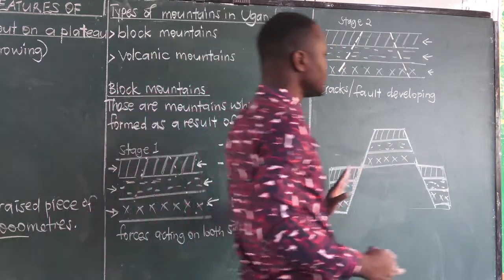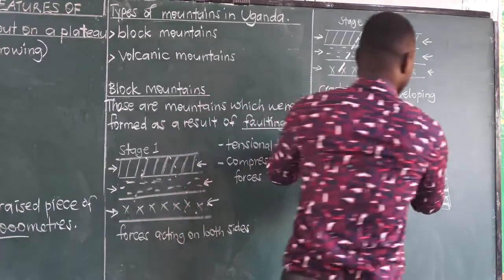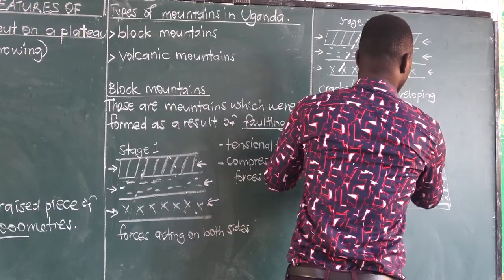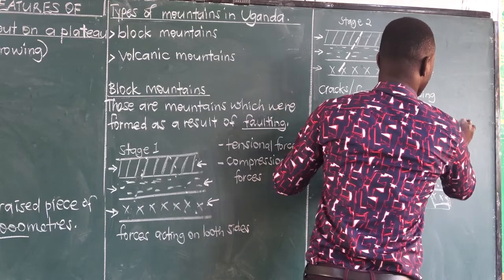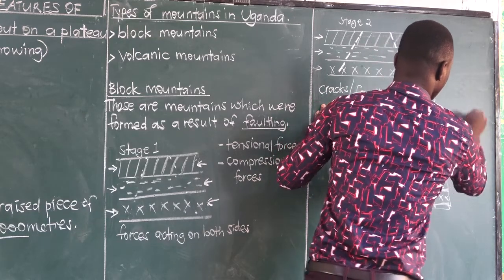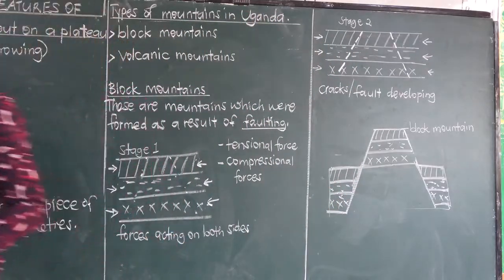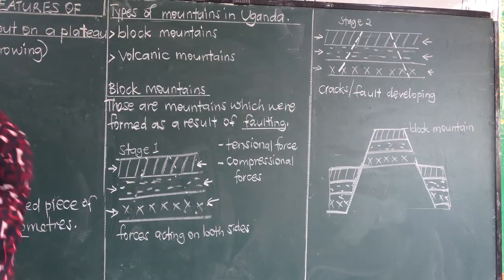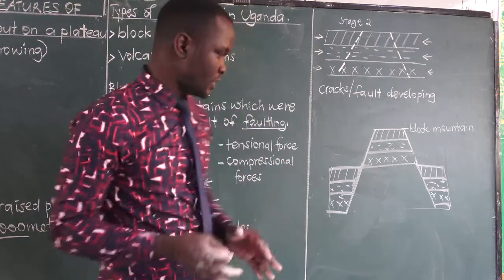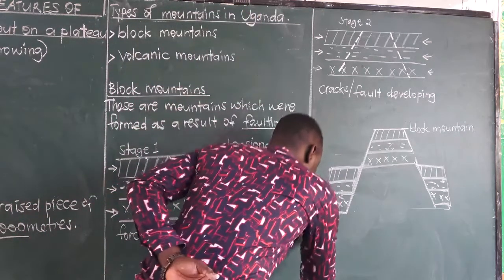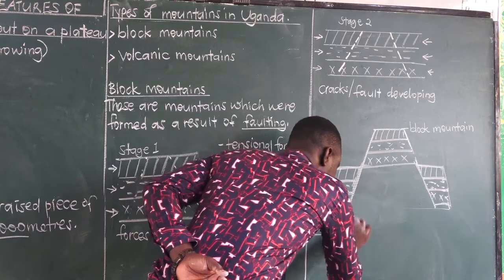Now, this part which is pushed or squeezed and goes up is the part that we call a block mountain. This is a block mountain that we can also call a horst mountain. Please note, as I said, that for us in Uganda, an example of such a mountain is Mountain Rwenzori. So we are saying note, because I don't want you to mess up with this. Mountain Rwenzori